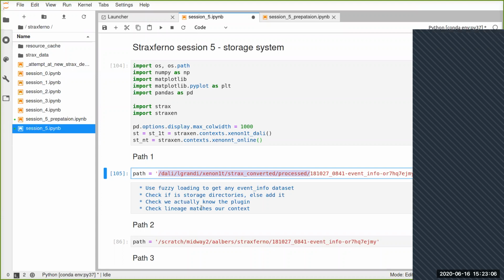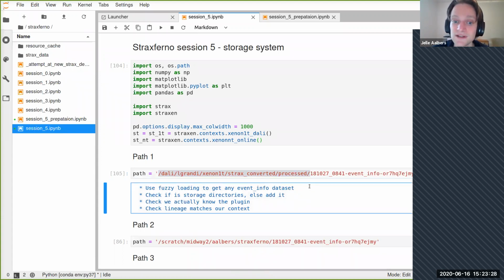That's where the data is stored on Dali, isn't it? Yeah, that's where the official, permanent data location is. So for this path, this is just the official location where data should be stored. So it might be, if we're lucky, that we don't have to do anything special to load this data. It would just be loaded by default. All of these checks, we can do them, but they might come out positive for this data set.